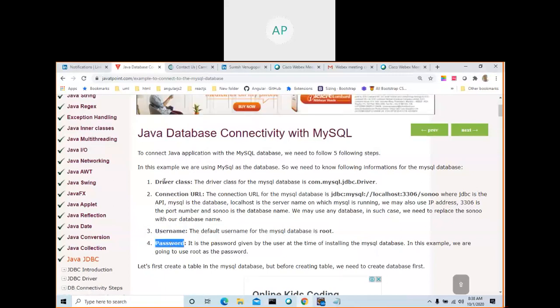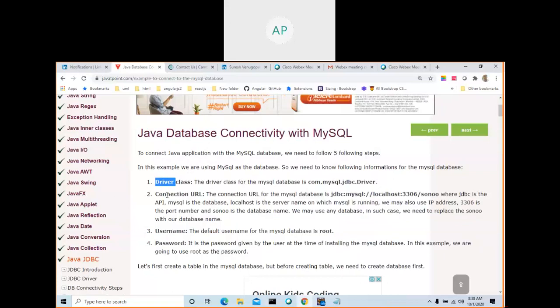So we need a driver, and we need a connection, that is the URL, the port number, and also the IP address. We call that the URL, right? Since we are using the same system, we are using the local host IP address, and this is the database name. So to connect to the database, when you submit information from the browser, it comes to the servlet. From the servlet, we are going to connect to the database using these four pieces of information.